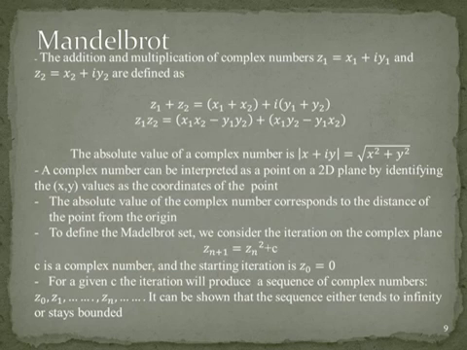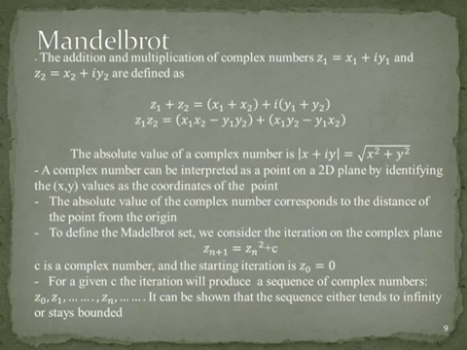A complex number can be interpreted as a point on a 2D plane by identifying the x and y values as a coordinate of a point. The absolute value of the complex number corresponds to the distance of the point from the origin. So to define the Mandelbrot set, we consider the iteration on the complex plane, which is